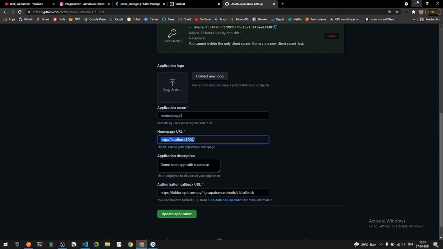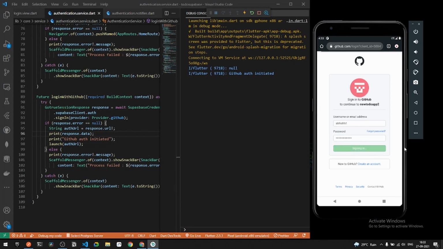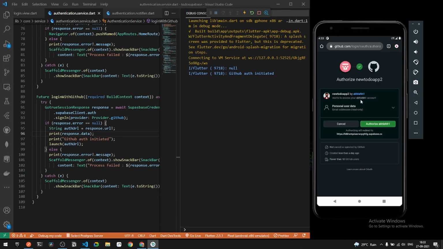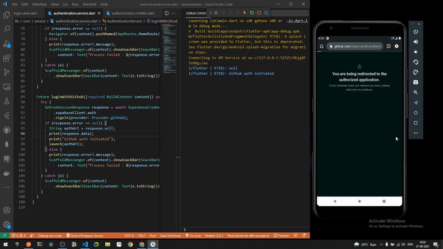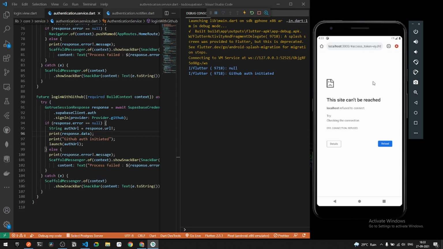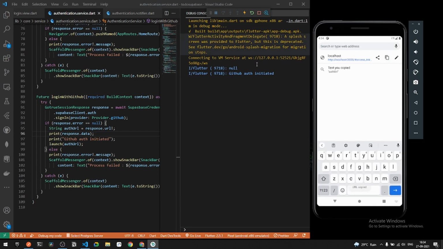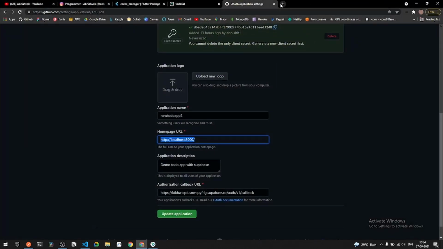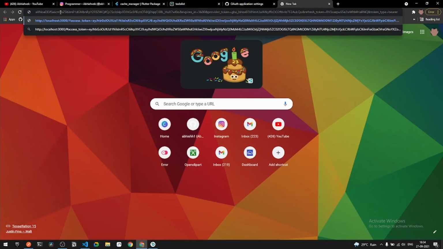Now what I'll do, I'll go back here and I can simply say sign in for now. And once everything is successfully done, you will be getting the following screen of authorize everything. Right, so now what I can do, I can simply say authorize Abhishwan, and now you can see you will be getting authorized to the following localhost. Now here at this place, you will be getting some token, access token. So this access token, you can see if I copy the following URL, and if I go back and paste it here, you can see you will be getting the following access token and also some refresh token.